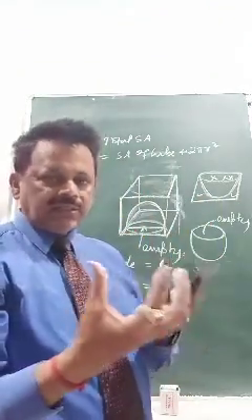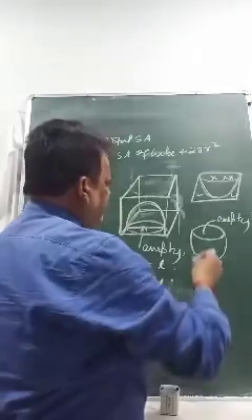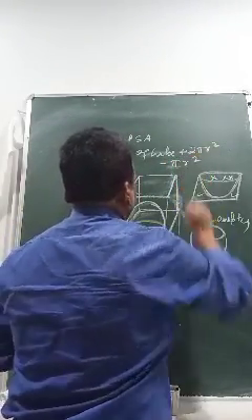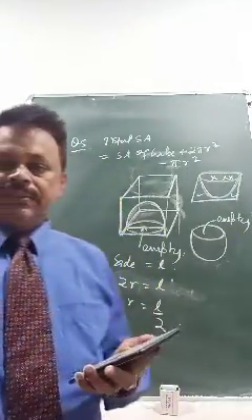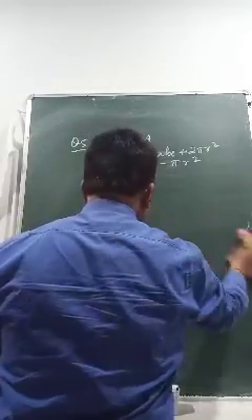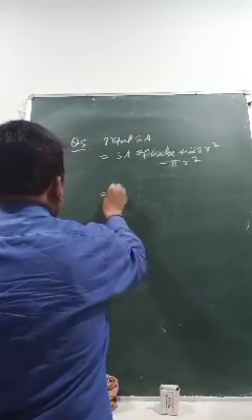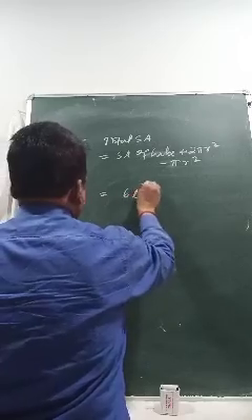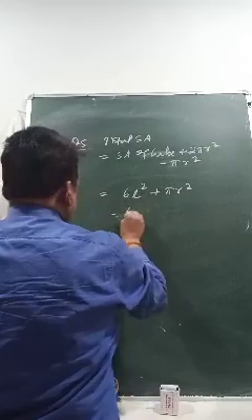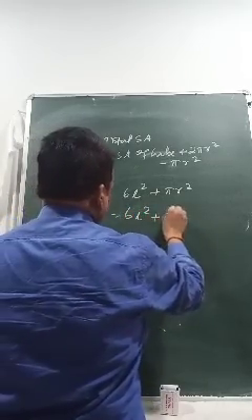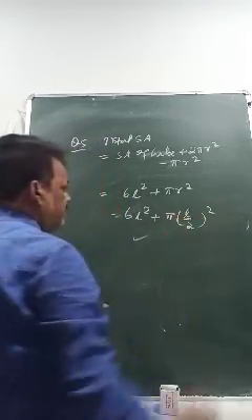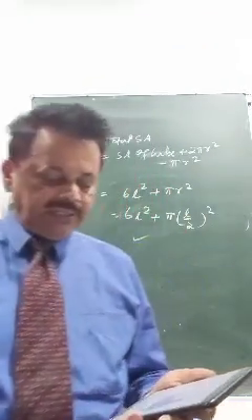Imagine a cup like this. The cup's top is cut off, empty. So the empty part you have to remove: pi r square. This is the situation. Okay. So for that, what will be the answer for us? That is 6L square plus pi r square. That is 6L square plus pi, r is L by 2, squared. So try to simplify. Simplification is homework for you.